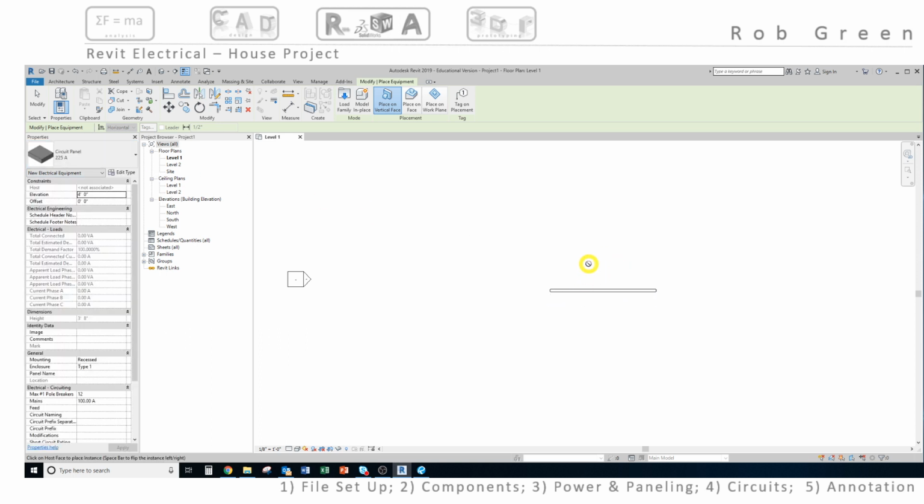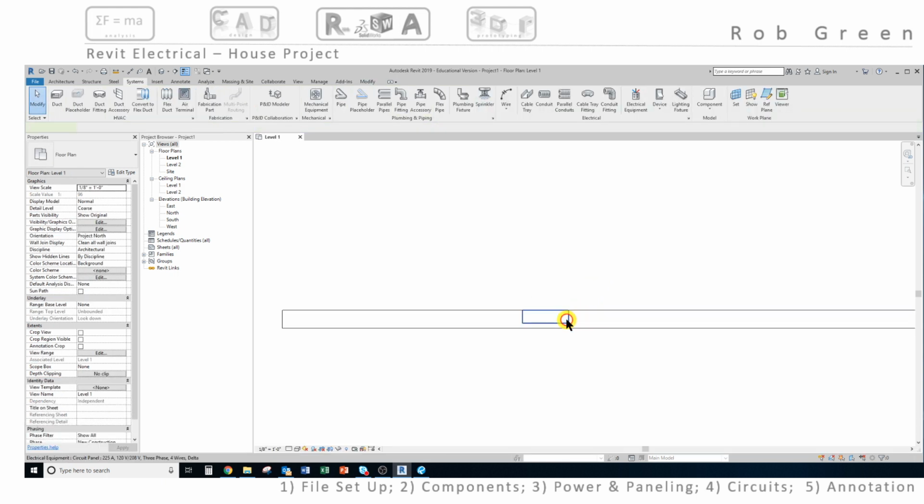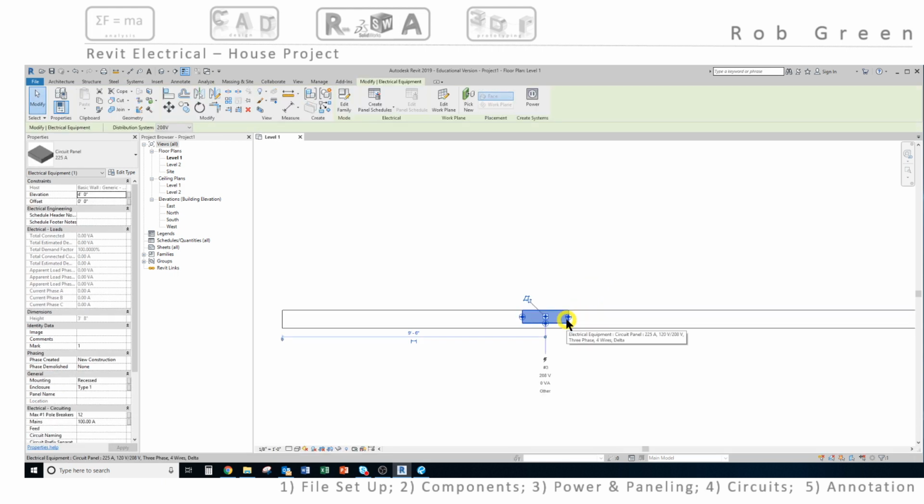And notice, of course, I can't place it until I'm doing what? Hovering in a wall. So these circuit panels are a component, and the default is to place them on a vertical face. So in this particular case, that's exactly what I'm looking for. So I click here, and before I do, you can see the preview that is recessed back into the wall. And that's what I'm looking for. So I'll click OK, hit escape a couple times,